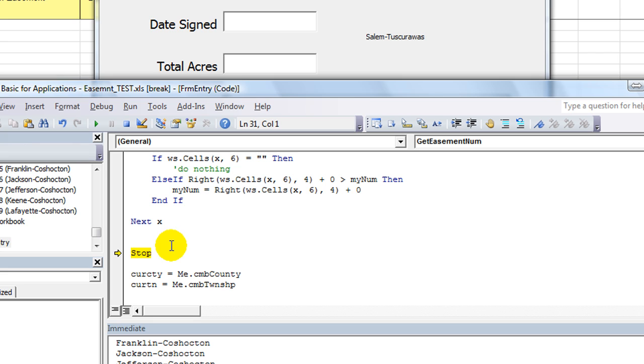So now what do you say? New num equals my num plus 1. That's the new number. That's the next one that we need. So we'll put that in a thing called new num. Okay. Let's see. And now we're going to say